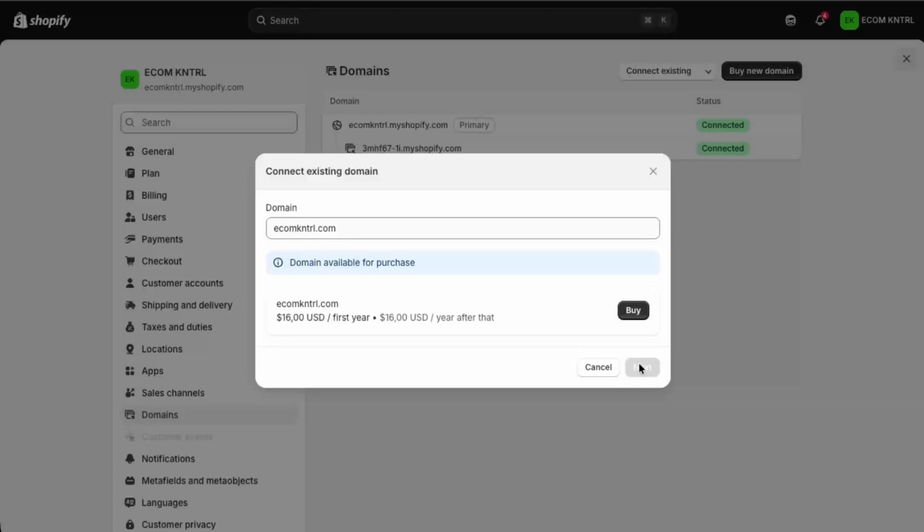After the domain is added, you'll see instructions from Shopify about the DNS records you need to configure with your domain provider. This usually means updating the A record and CNAME record in your domain's DNS settings to point to Shopify. Log into your domain registrar, find the DNS or domain management section, and add or edit the records